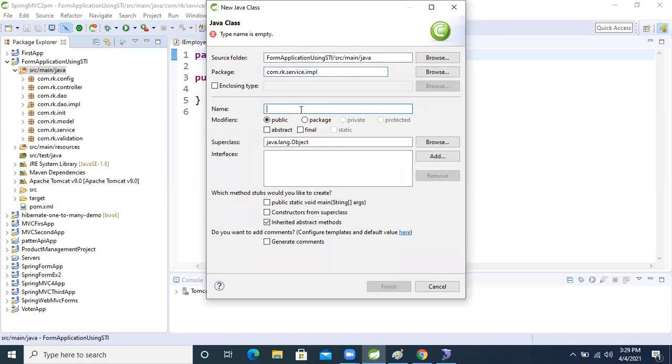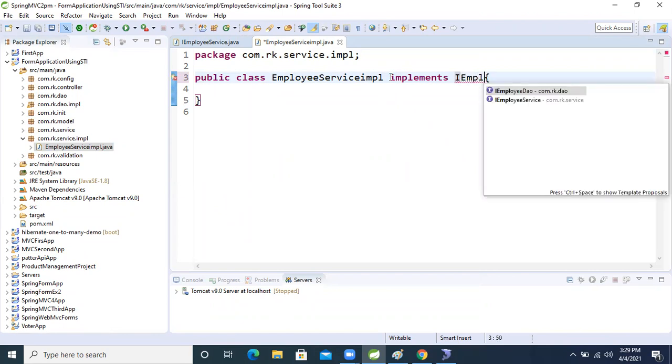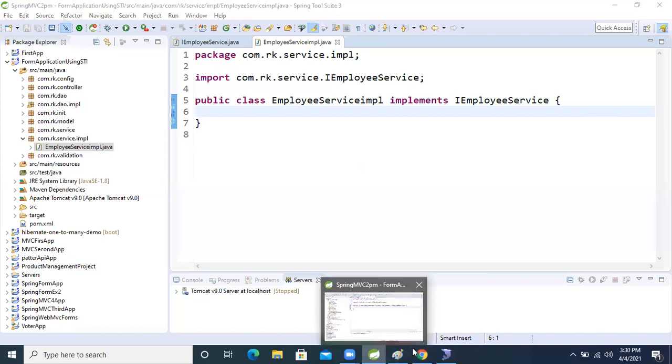Okay, so now another one is the Employee service IMPL. We will take it as the class name, right? Fine, guys. After that, we will implement the I employee service interface inside that. So one more time, I already explained it. If we want to denote that this is a service class, which annotation will we apply now, guys? Let me know that, friend. Use the chat box.